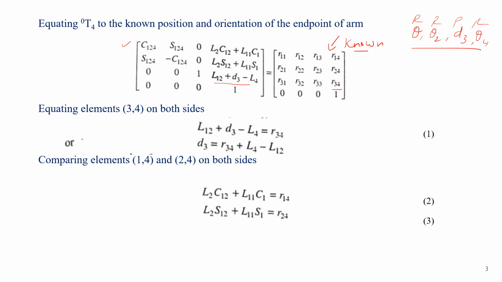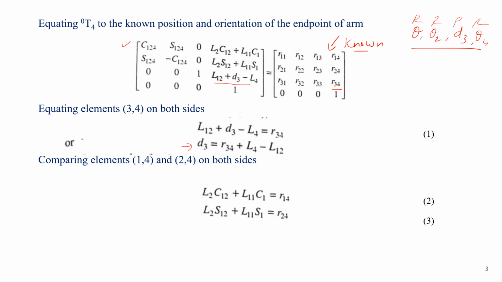While discussing the solutions to inverse kinematics, I have told that you should always start with the positional component, because when you try to equate the rotational components, the solution may become somewhat complex. So I always start with equating the positional component. Here I started with equating the R34 component with L12 plus D3 minus L4, and from this equation you can get the D3 variable, that is D3 is equal to R34 plus L4